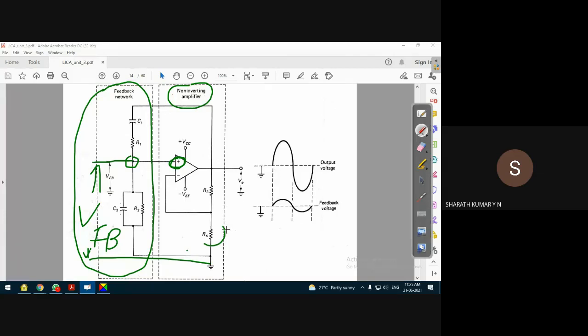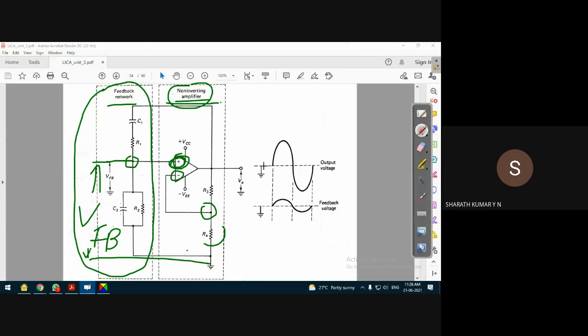Yes, okay. So that's how it is. This point is always to be discussed. It's confusing maybe, because we are applying voltage to both the inverting as well as non-inverting terminals. Why is it a non-inverting amplifier? Because feedback is, of course, also given to the inverting input, no doubt. But this resistor and capacitor combination, which is the feedback network, is given to the non-inverting input. So this network is considered as a non-inverting amplifier.